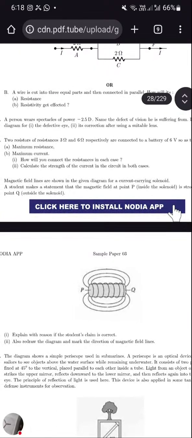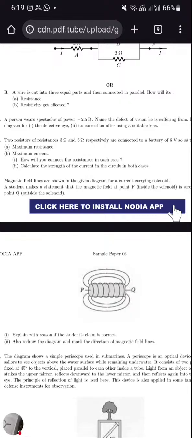So I told you, defects of the eye are very important. Myopia and hypermetropia, you need to learn them. Very good. You need to learn both very perfectly. One will definitely be asked in the exam with the ray diagram. All 3 diagrams you need to practice: what is the normal eye, then what is the defective eye, and how the corrected eye looks. So with all 3 diagrams, you need to represent the defect.